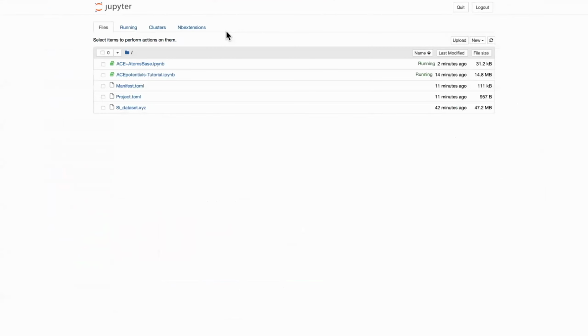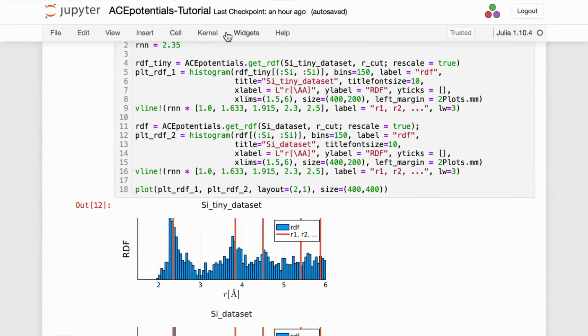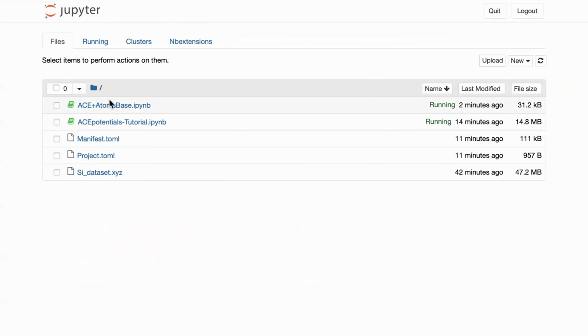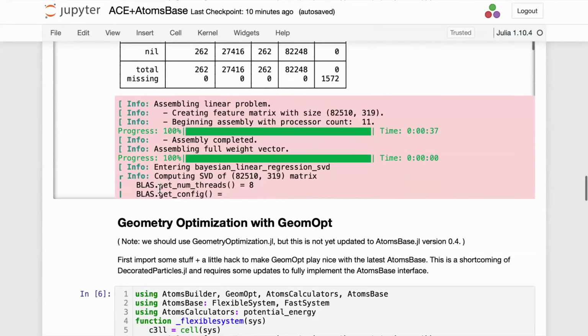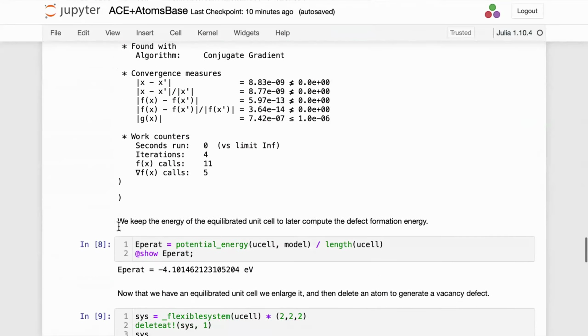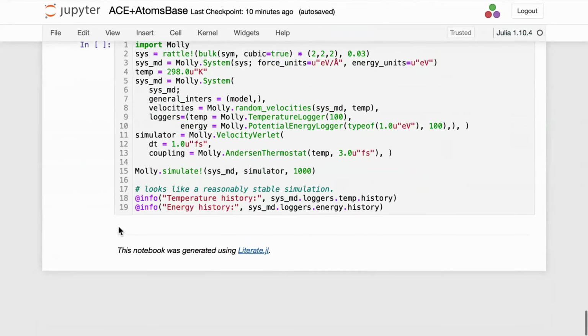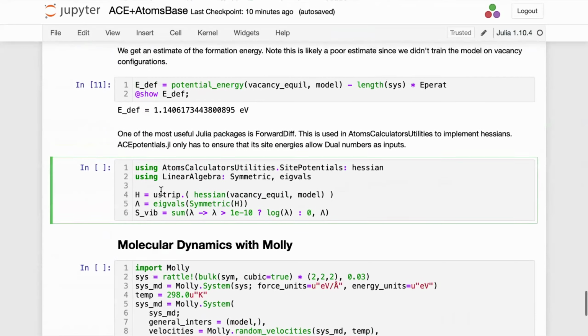Where should I be now? I think I've lost my tutorial. Okay, so the last part now. If you want to run